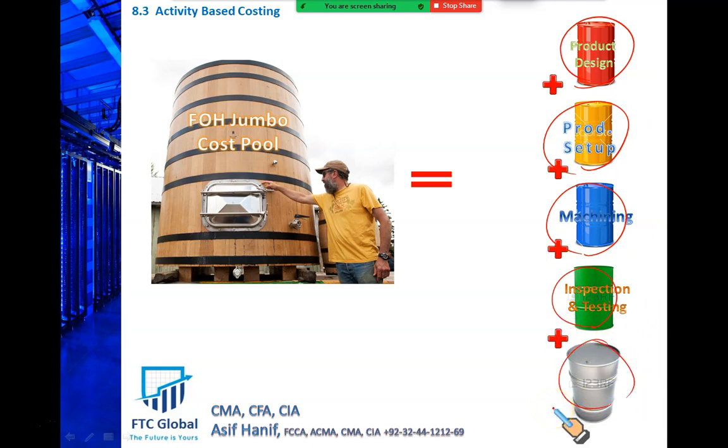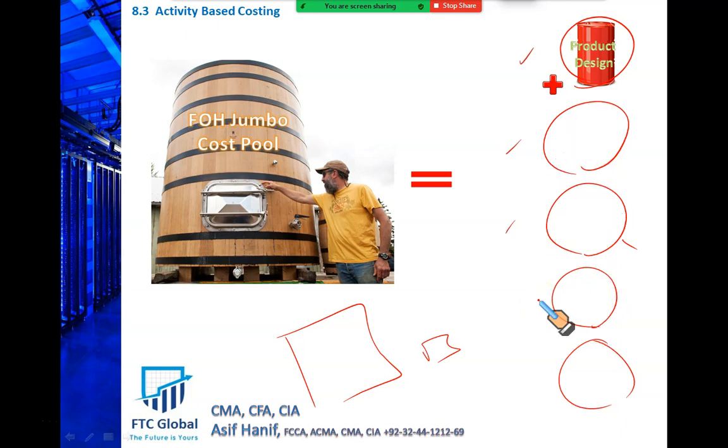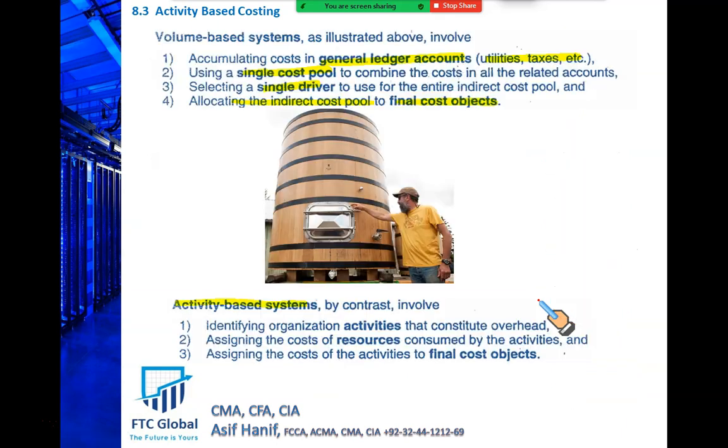Then every item that is produced, if it is complex to make, will take more designing cost, more setup cost or machining cost, hence it will cost more. An item that is simple to make will take less effort in designing, fewer machining hours, less inspection and testing, so it will cost less. This is a much more accurate approach. Rather than using a single rate, we will have multiple rates, and this will help us cost our products in a much finer way, much more accurately. So that's what we do. Let us discuss this in detail.